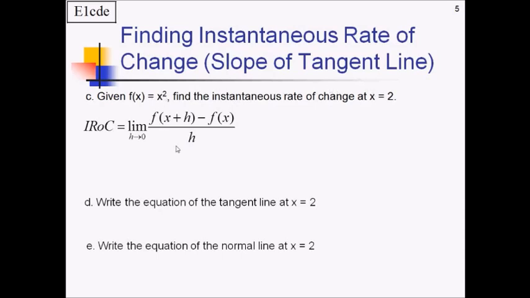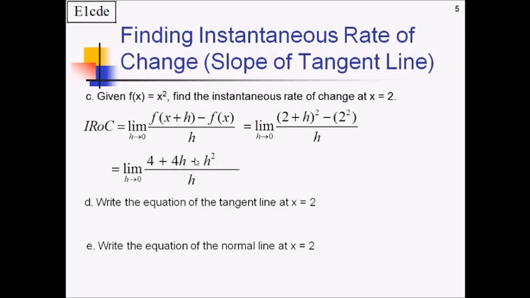Now, to use this, you have to plug in the x value, so this is going to be 2 plus h, and f of 2, and you also need to apply the actual function. So we're going to have (2 plus h) squared minus 2 squared, all of that over h as h approaches 0. And we're going to simplify a little bit, because if you just plug in 0 for h, it's just 0 over 0 again. So this squared binomial, we can expand that to be 4 plus 4h plus h squared, and